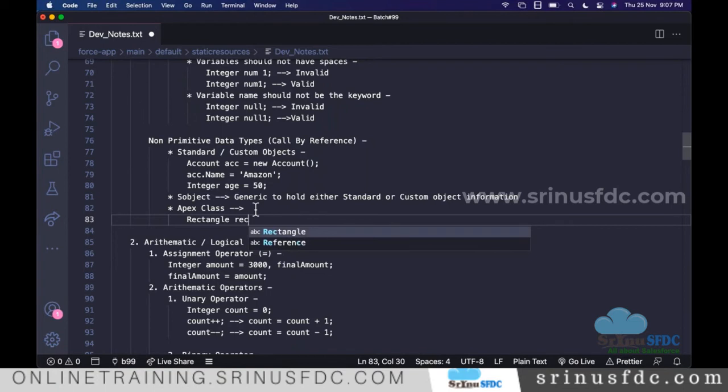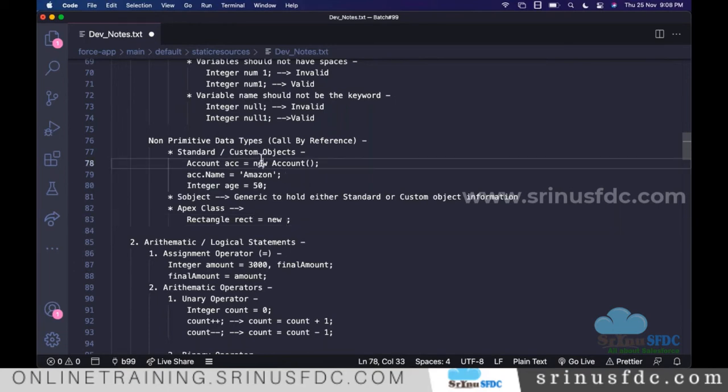I also told you one thing: if you want to assign anything into that non-primitive variable, we cannot assign directly. It only takes the reference, the memory location where the information is. It cannot take the direct data, right? Always we use equal to, and we have to allocate the memory by using the new operator, right?